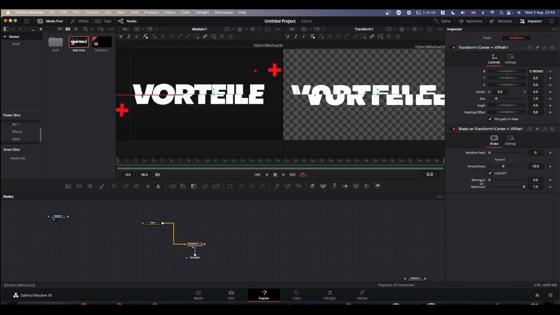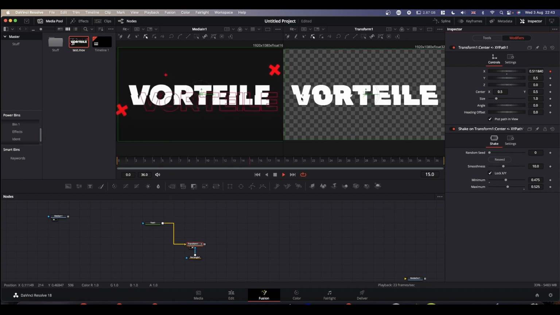You're going to set the minimum value to 0.475 and you're going to set the maximum value to 0.525. So now you'll get the movement between those 2 points, and you can see it offsets it and jiggles it a little bit. At the minute that's running a bit slow, so what you do is you come to the